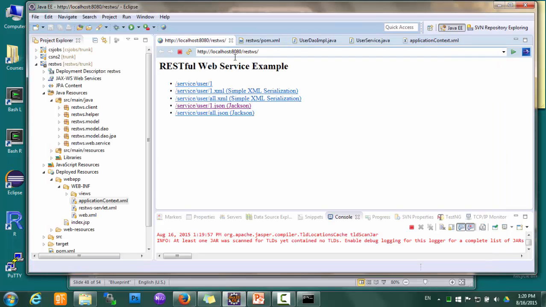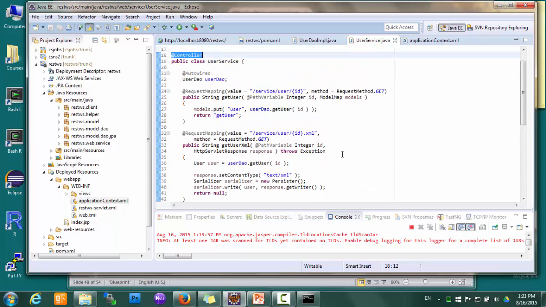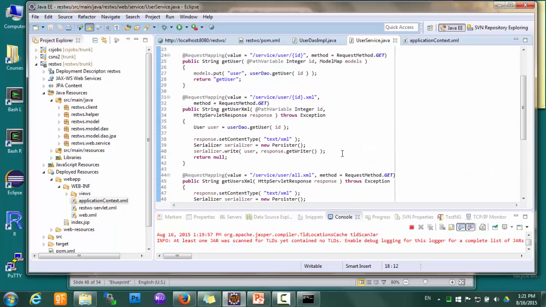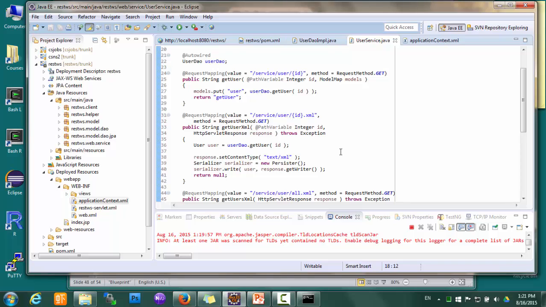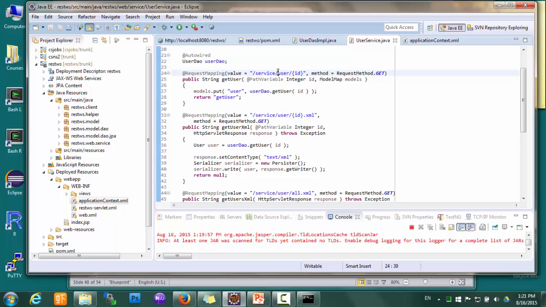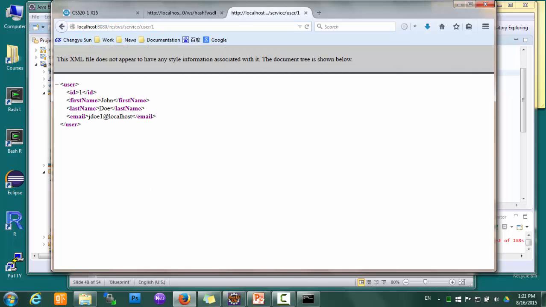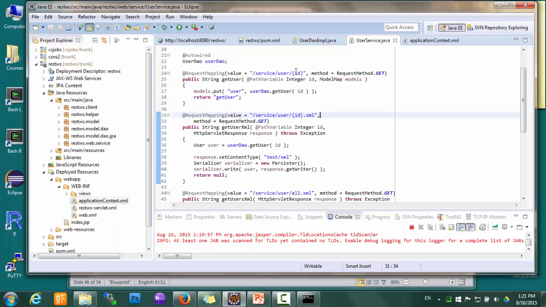So if we look at the implementation, so this one is handled by